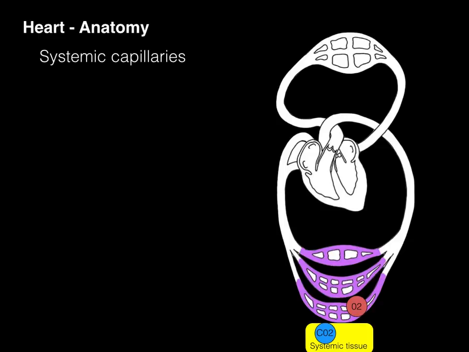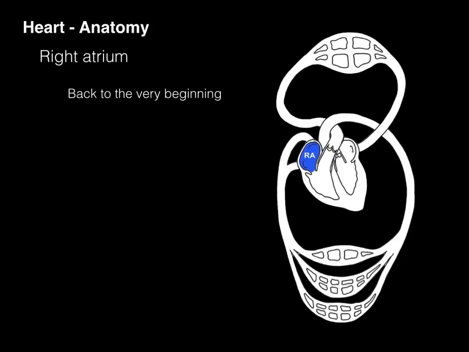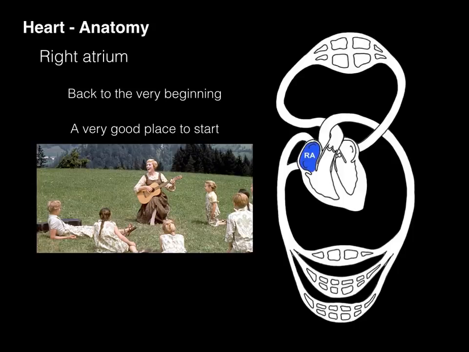what happens in metabolic processes in the tissues, these cells produce CO2 and they dump it into the tissues. So now oxygen diffuses from the capillaries to the tissues and into the cells. CO2 diffuses by a concentration gradient from the tissues into the systemic capillaries. So now the blood exiting those systemic capillaries is deoxygenated, and this deoxygenated blood is sent back to the right atrium. And we're back to the very beginning. A very good place